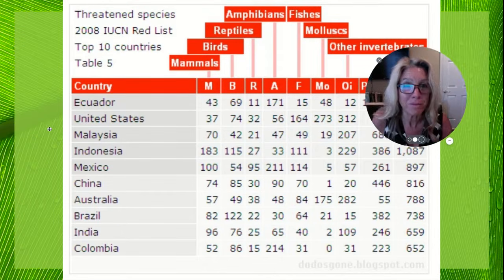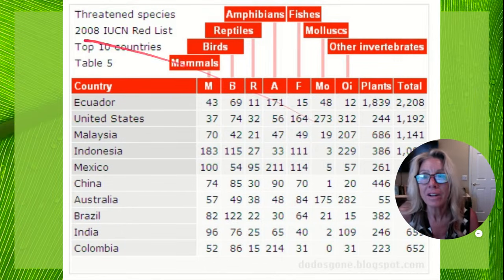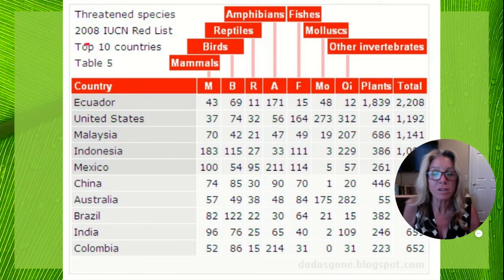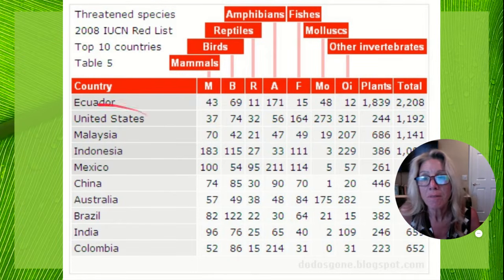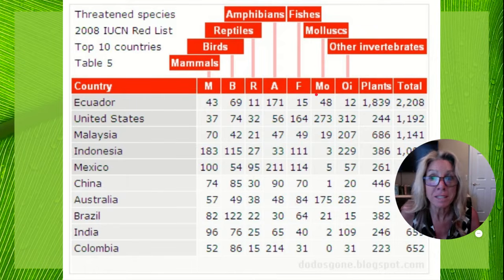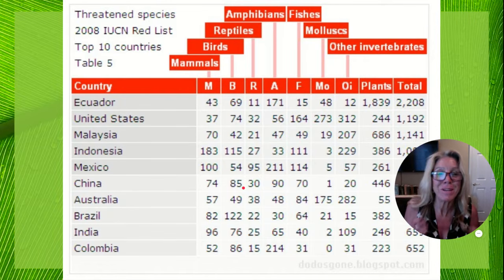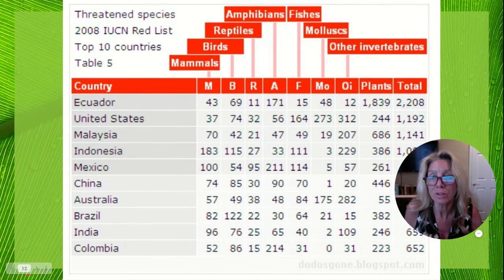So let's look at some of those threatened species. And here are threatened species. This is from 2008. I probably should have updated this. You can see the different countries and what species then are threatened, identified by mammals and birds and reptiles, etc. And look at the plants right here. Ecuador, right? On the equator, right? Where the climate conditions are so good for all of those producers, and then all of those consumers depend upon